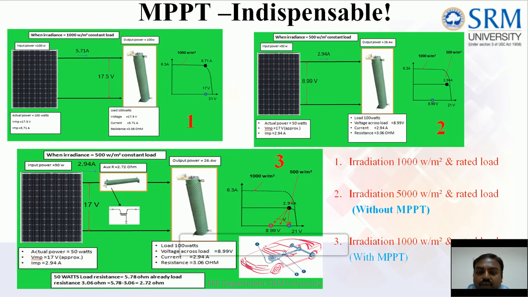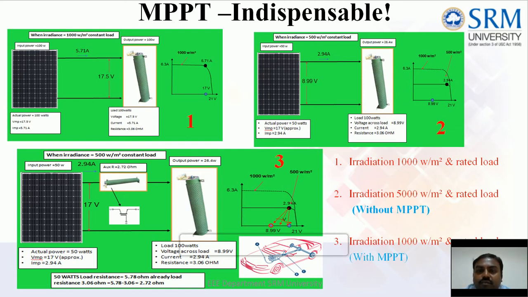The same way, we have to see to it that in a PV panel, you should have a power tracking mechanism that will match your load resistance value with that of the source resistance, so that maximum power is exerted. So that is what is called the MPPT system. So in a car, if you have a top gear with lesser speed or a lesser gear with higher speed, obviously you have